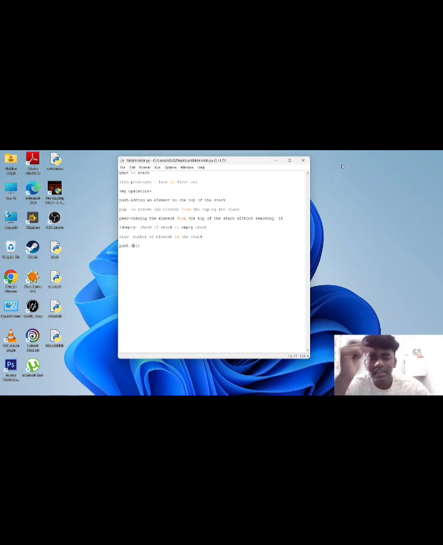In summary, stack is a versatile data structure that finds application in a wide range of computing scenarios due to its simplicity and efficiency for certain types of operations. Okay, this is the stack. Please take a screenshot or take a note, and then now we can move to the